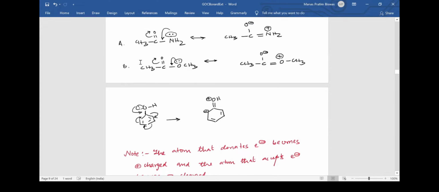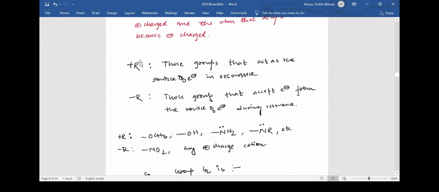But it might have happened that there was some positively charged group, or some other configuration, due to which the electron was getting transferred to that group. A classic example of minus R would be nitrobenzene. Let me draw it here. The example would be like this: nitrobenzene, with NO2 plus. In this case, the benzene ring will donate the electron pair to this nitrogen. This means the nitrogen has a deficiency, and it will be pulling the electrons towards itself. Then this NO2 group will be called a minus R group, because this NO2 acts as the destination of the resonance. That is, it will accept the electron pair.